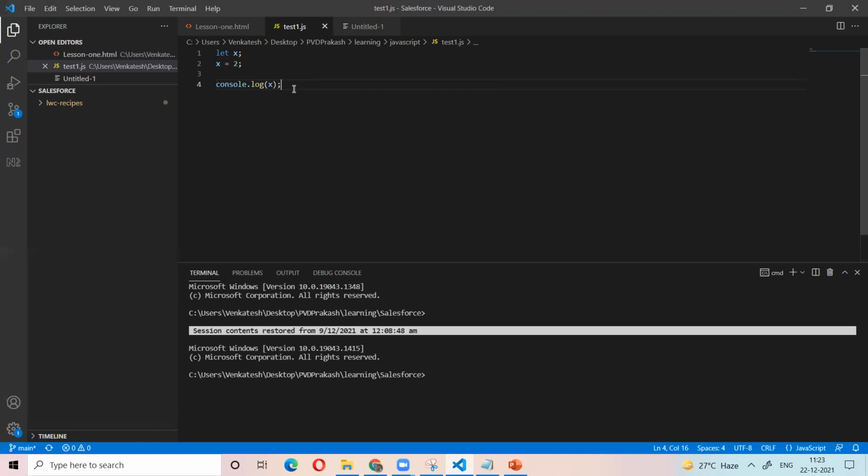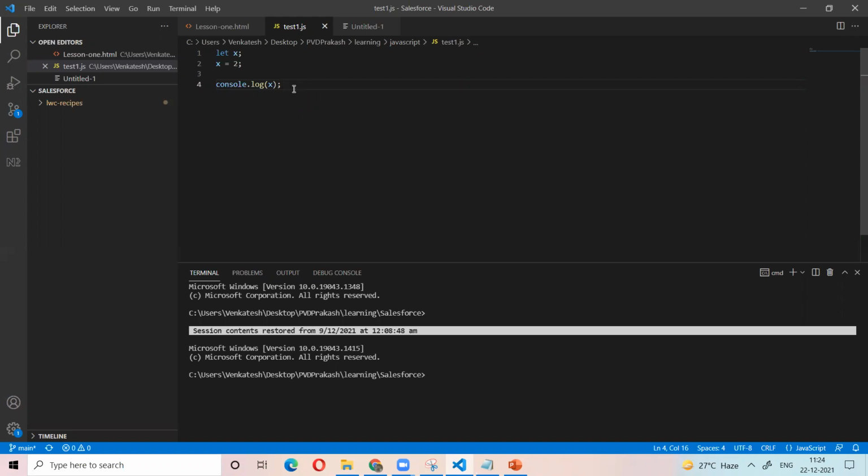Its value is 2. What is the X here? Name of the variable. Yeah, X is the name of the variable. In that variable, we have the value 2.